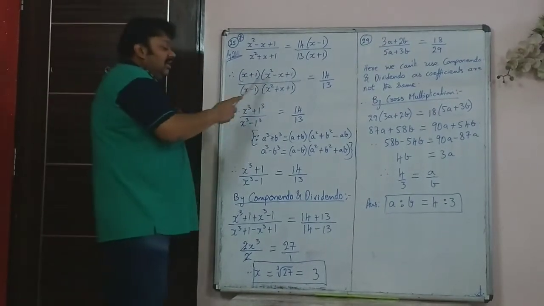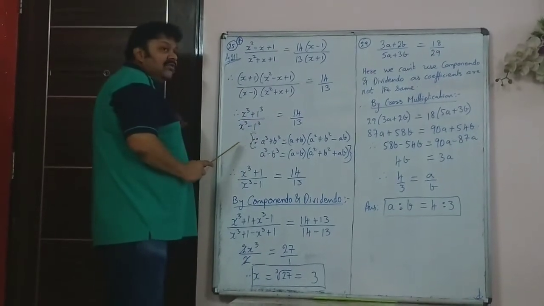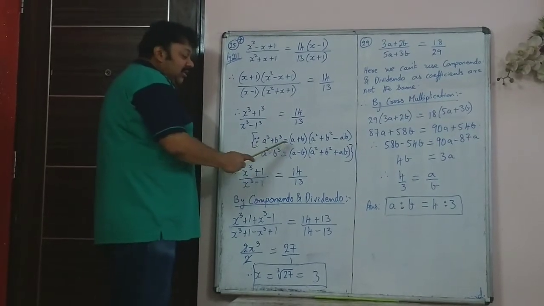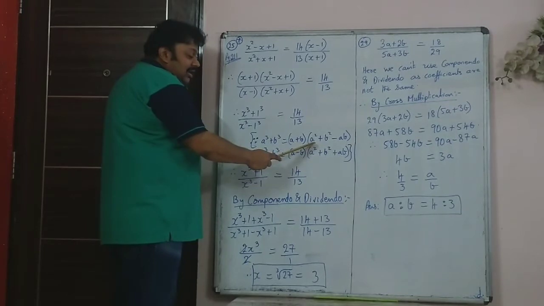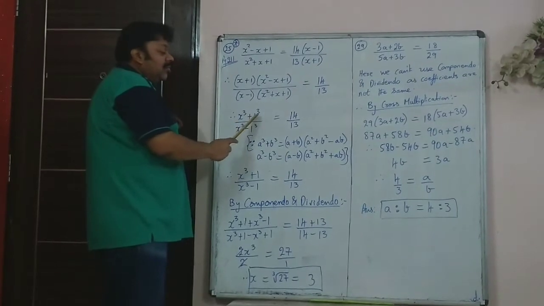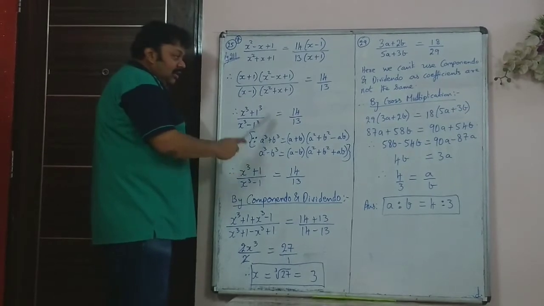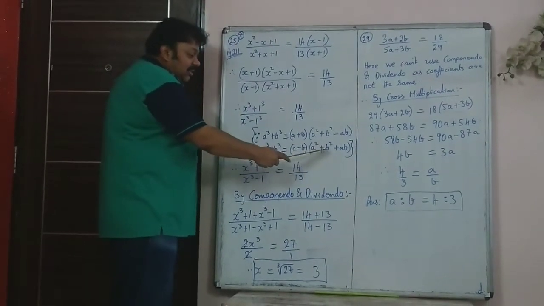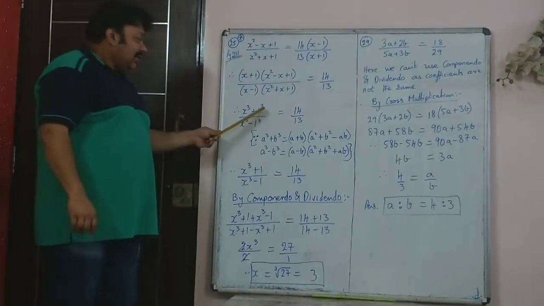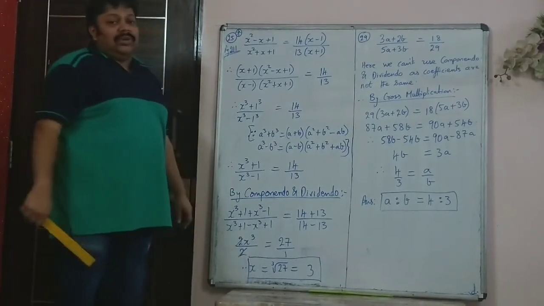Now this is actually the expansion of x cube plus 1 cube and denominator is the expansion of x cube minus 1 cube. So we are writing the formula and explaining that a cube plus b cube is a plus b, in bracket a squared plus b squared minus ab. So therefore we have used this as x cube plus 1 cube and denominator is x cube minus 1 cube, because a cube minus b cube is a minus b, a squared plus b squared plus ab. So from this we can get, 1 cube is 1, so we write it as x cube plus 1 upon x cube minus 1 is 14 by 13.